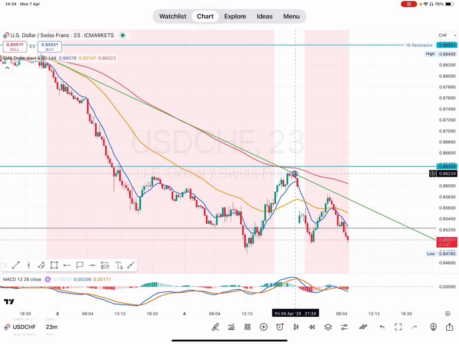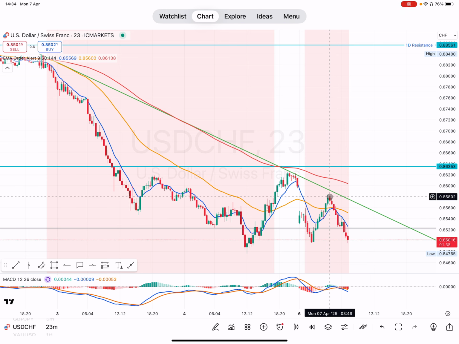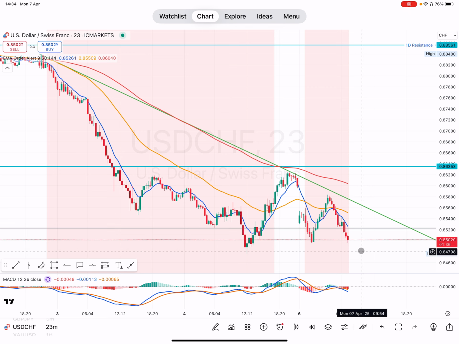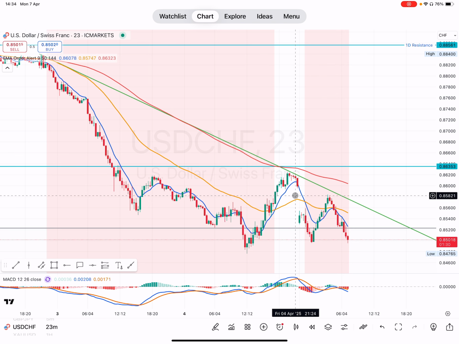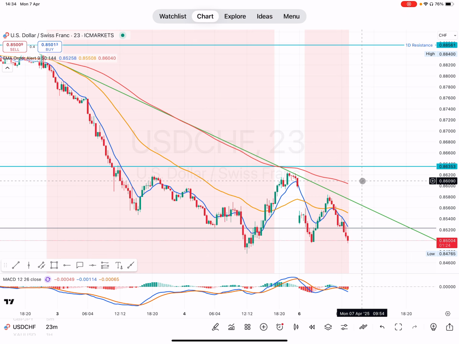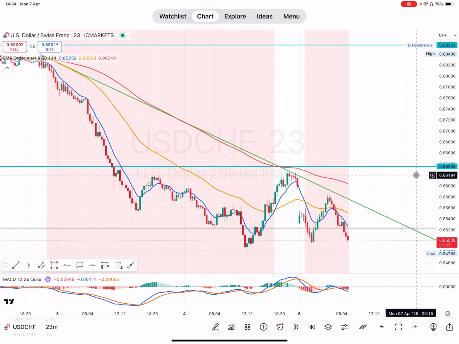It made one higher high here and then made a higher low here, but then resumes to higher lows and maybe a lower low here. This tells me that possibly the trend is changing, or it could just be that retest that I said from earlier. So key areas to think about are